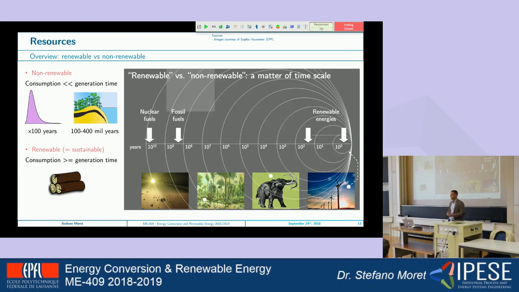Renewable, instead, means that it's sustainable. It means that our consumption is less than or equal to the generation rate. So, for example, the consumption of wood can be either sustainable or unsustainable, because if today we cut all the wood existing on Earth, it would be a non-renewable thing to do, because next year we won't have wood available. So sustainability means that we are using this resource at a consumption rate which is on the same order of magnitude as the generation rate. Or in the case of solar or wind, we have a continuous flow from nature that we can harvest.